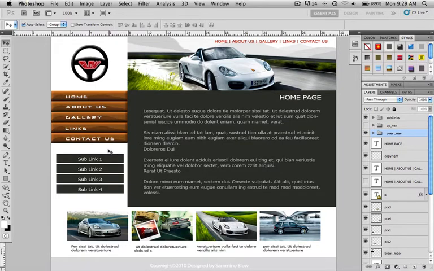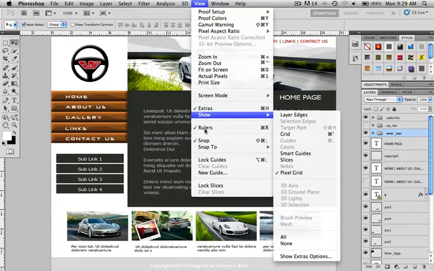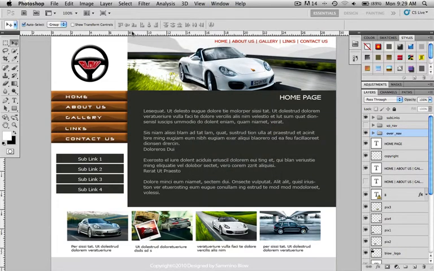Alright, so before I actually start any slicing, we want to use the rulers. In case you don't see your rulers or you don't find them, you may want to go to View and choose Rulers. Keyboard shortcut is Command R. And with my rulers, I'm going to drag these and place them where I expect each of these to be